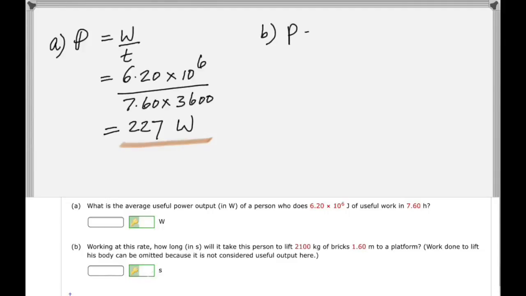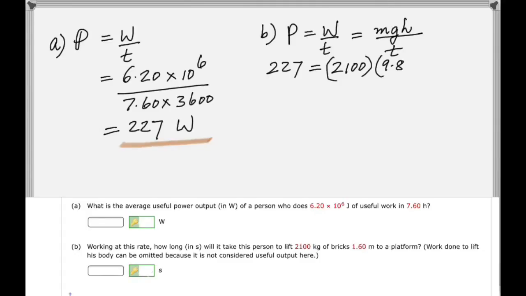And then it says, working at this rate, how long will it take to lift 2100 kilograms of bricks? So you know the power is work over time, and when you lift something, the work done is mgh. So I'm using mass of the bricks times g times h divided by time. That will give you the time as